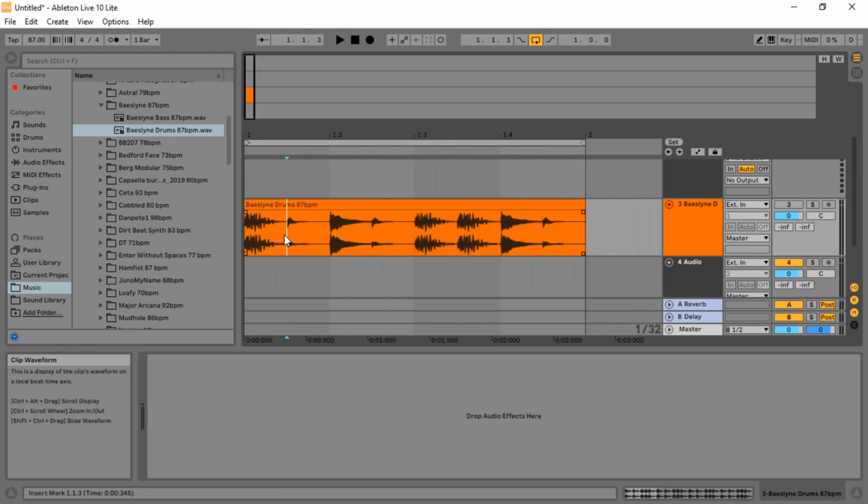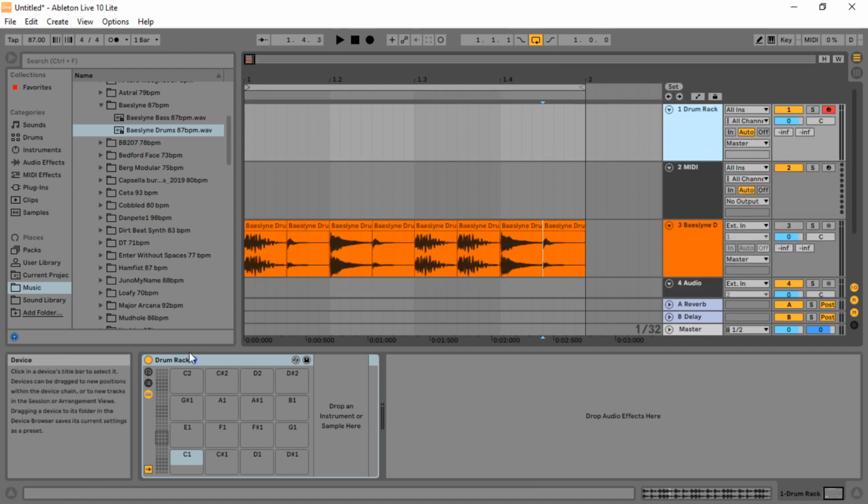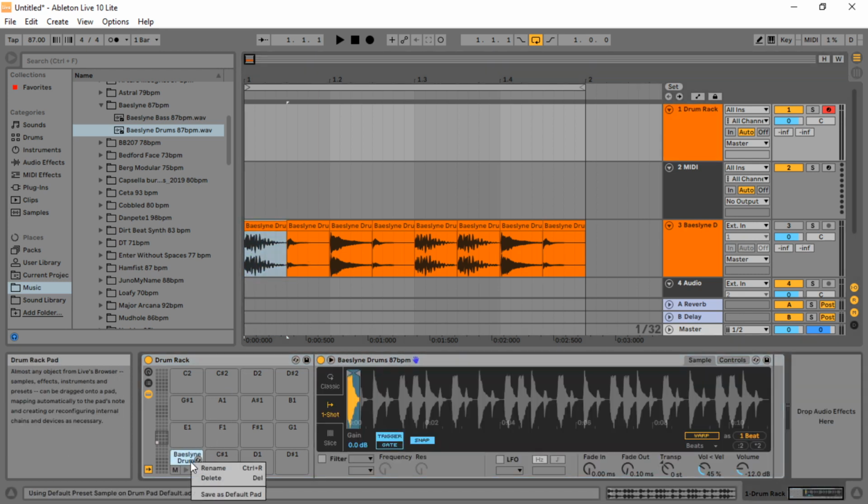I'm going to use the keyboard shortcuts, so I'm just using Control and E because I'm on Windows. Now if I go to the channel that we've got the drum rack on, so that I'm selected on that channel, then I can just drag and drop these little clips that I've made here. That one's a kick, so I'm going to rename them as we go. So it's kick 1, and this one's a hi-hat,